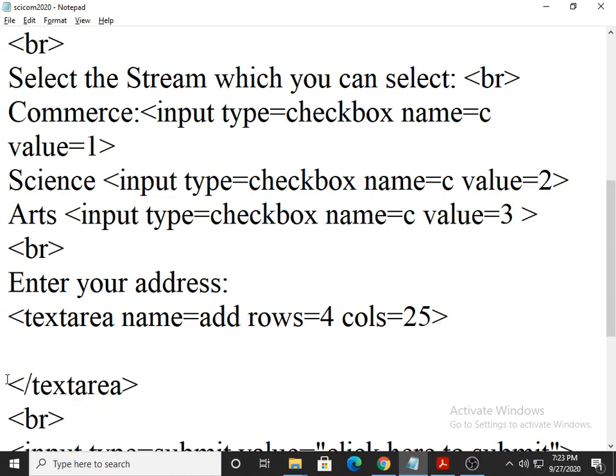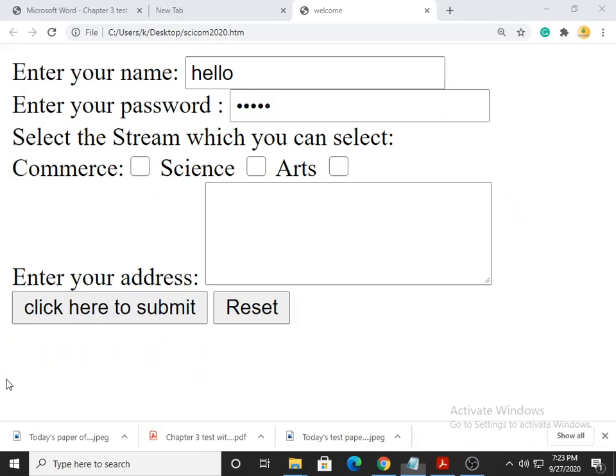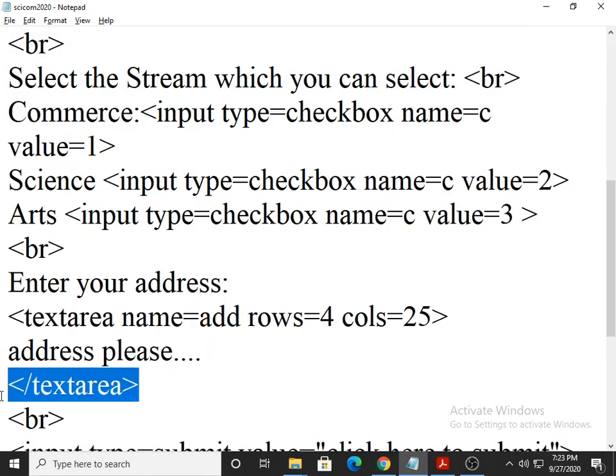For example, I am writing here address please. Now this line will be displayed in the box. Whenever somebody opens the form, automatically address please will be displayed in the box. So whatever you mention between text area and slash text area will be considered as your default text. Okay, fine. So this is your text area.